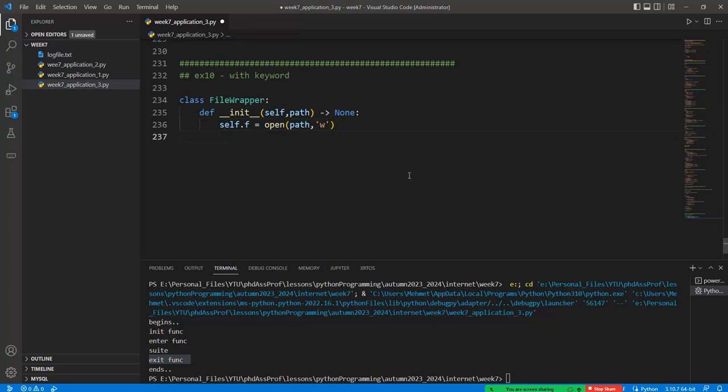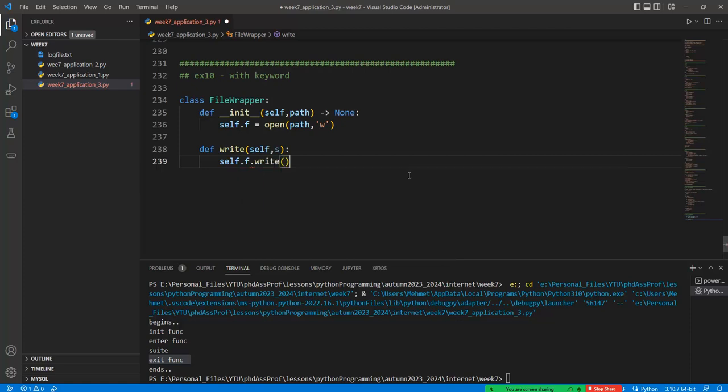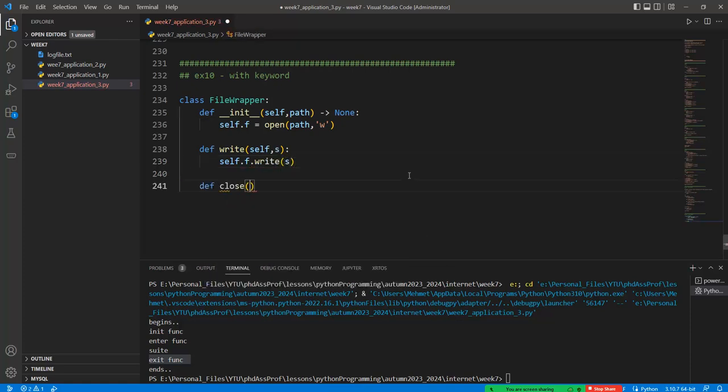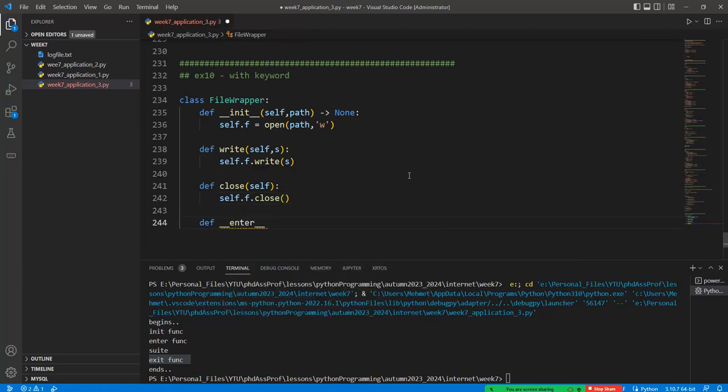with w, writing mode. Okay, and so def write(self, s) can be given in here, self.f.write can be called with the s to write this operator. And also we should give the close function in here like this one. We should always close the opening file in Python, but if we have the enter method in here like this one, the self